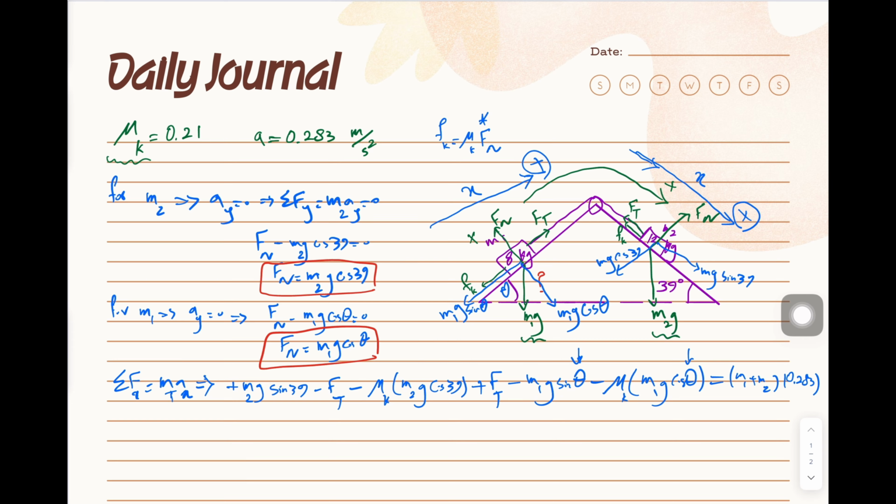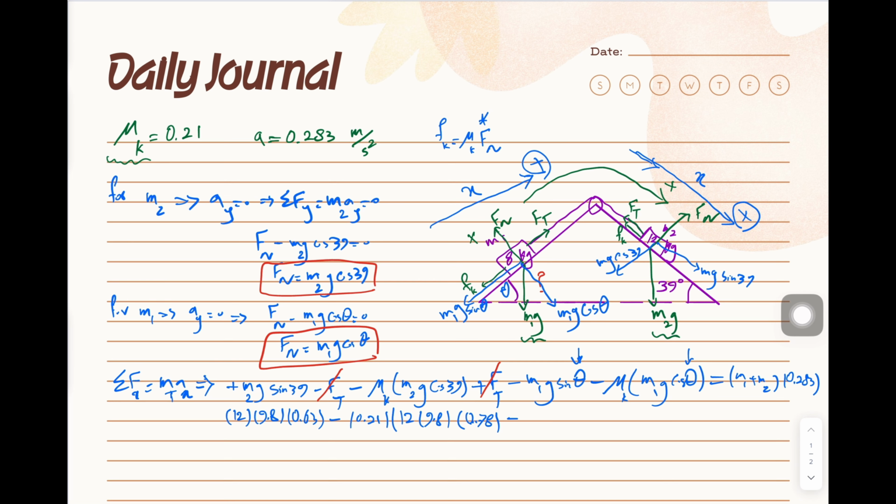Okay, so then m2, which is 12 times 9.8 times sine 39, it is 0.63 minus, so f of t, I have minus f of t here, is plus f of t, so then it's going to be cancelled out, and then minus mu k is 0.21 multiplied by m2g, which is 12 times 9.8, and then times cosine 39, which is 0.78 almost,